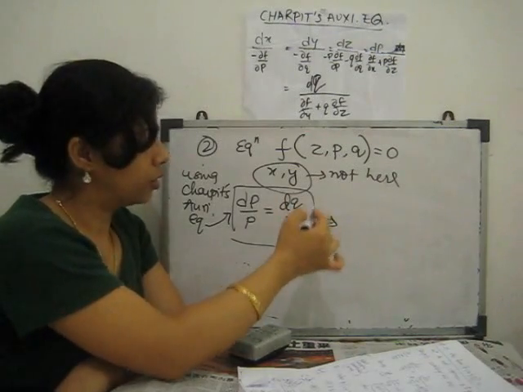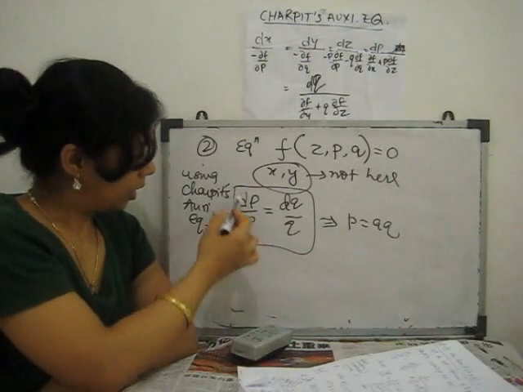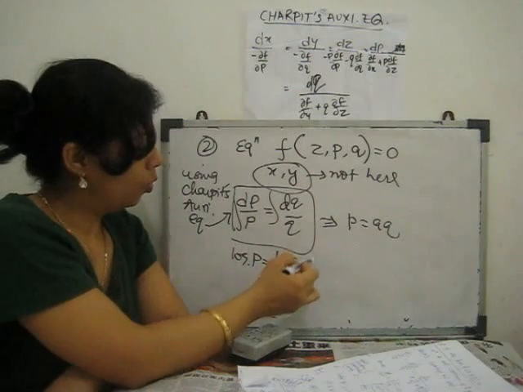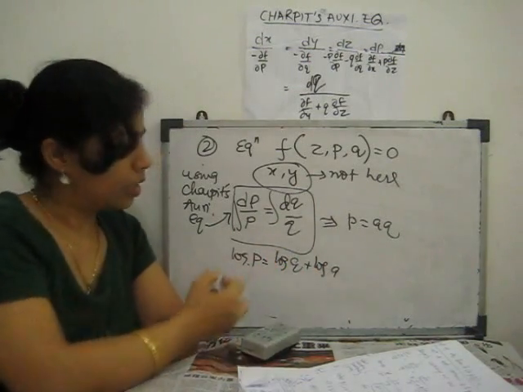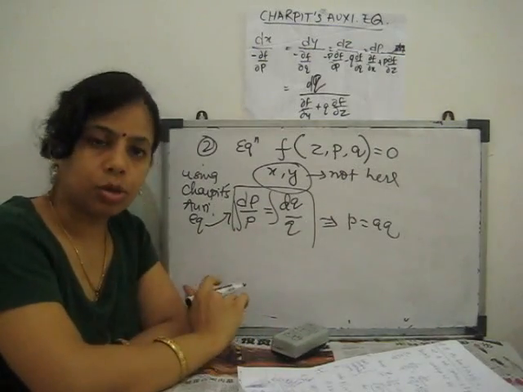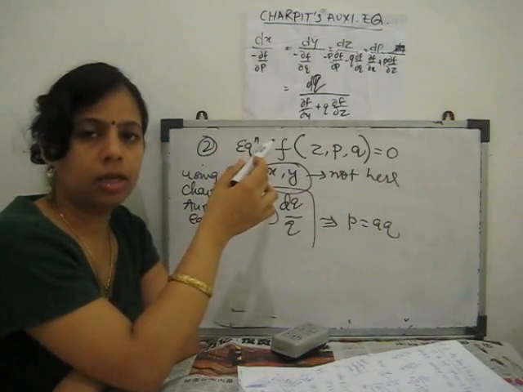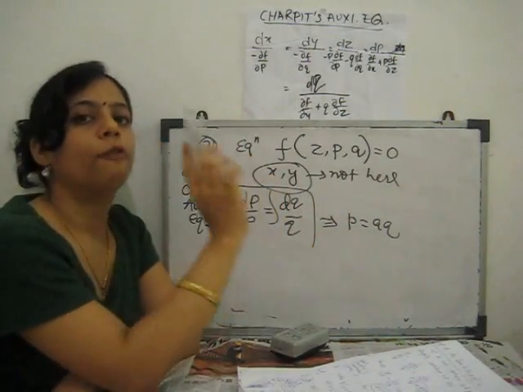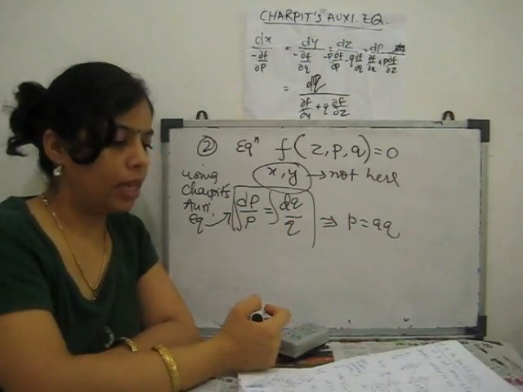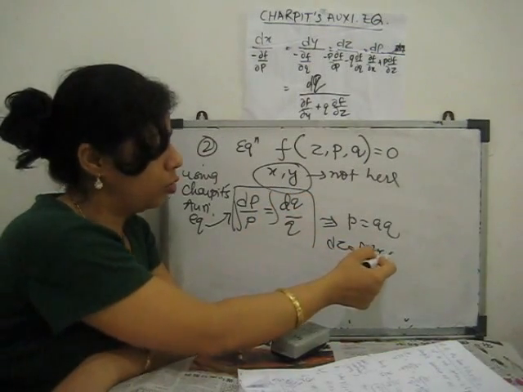So from here, when we solve and integrate it, we directly say p is equal to aq. You know this thing: integrate both the sides. This is log of p is equal to log of q plus log of a. Clear? So when removing the log, p is equal to aq will come. You also saw this in my previous question. Directly substitute p is equal to aq in the given equation, then find the value in terms of the constant. Clear? After that we substitute the values of a, p and q in dz equal to p dx plus q dy.